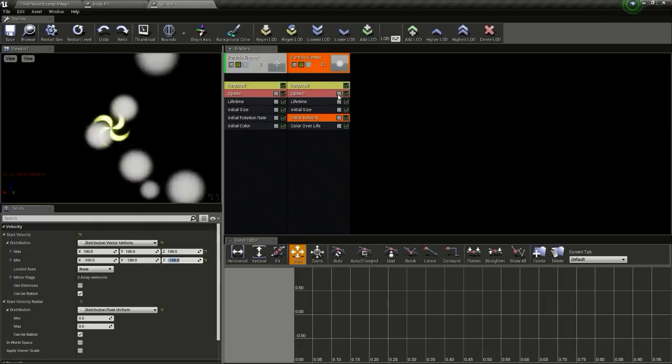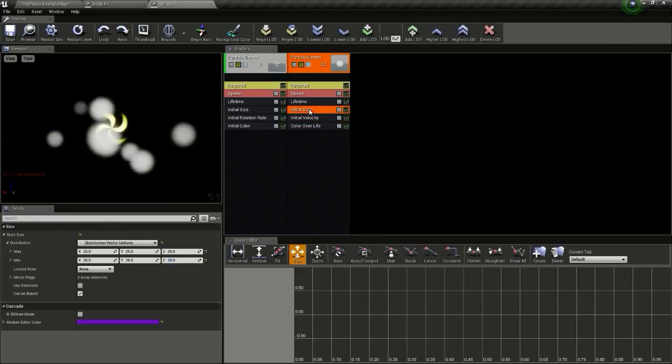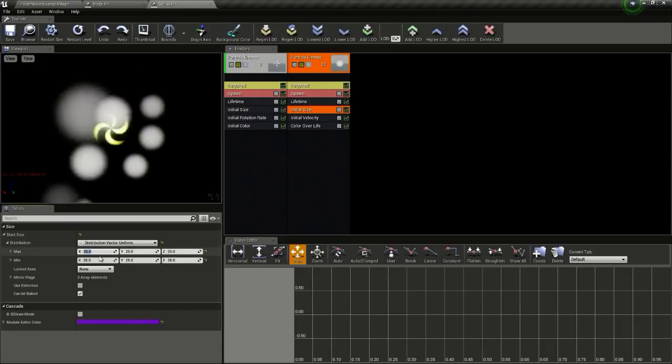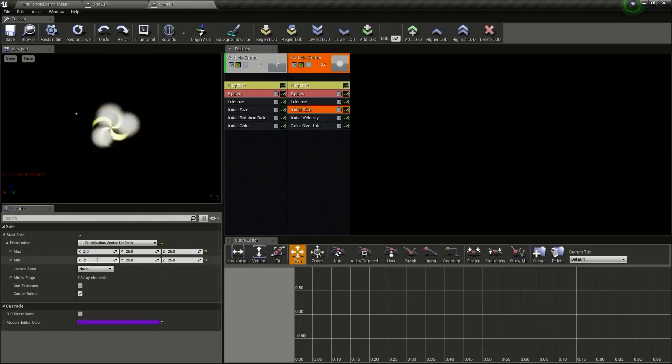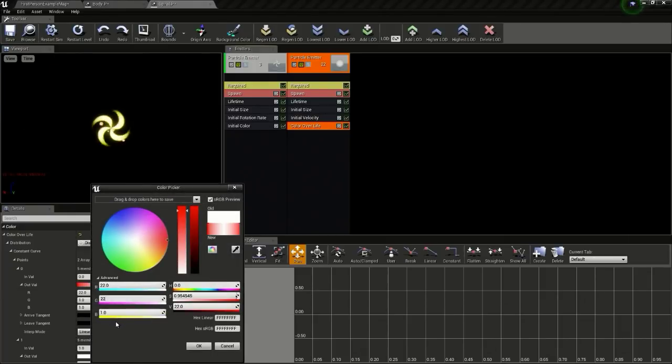So it goes in every direction. Then change the initial size to 2 and 2, or 2 and 1, and get a color overlay and change this value to 22, 22, 0,